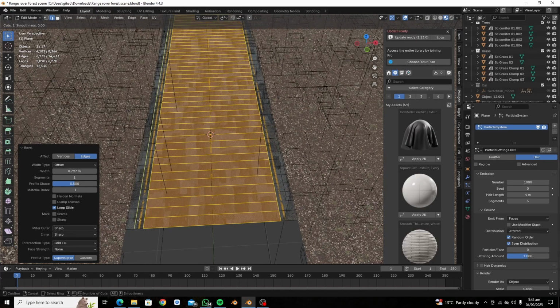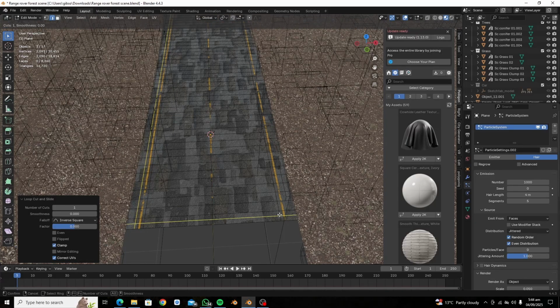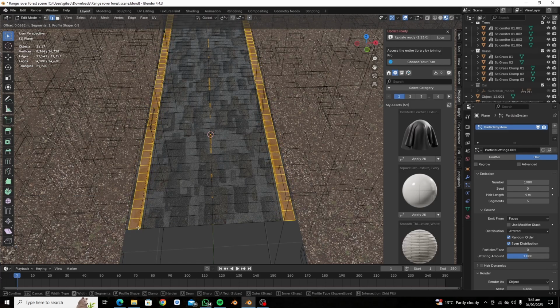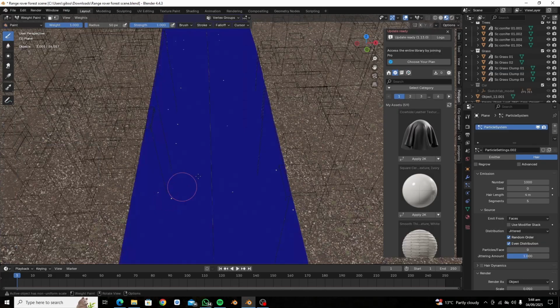I also add a couple more loop cuts along the edges. Select them with Alt, click, Ctrl B as well. Okay, just like that. And now we go back to weight paint,